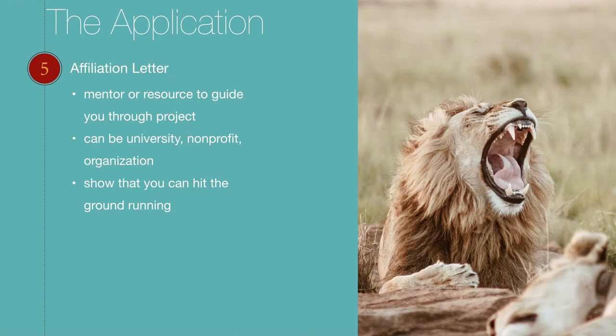A critical component of the application that might actually take as much time as writing your statements of grant purpose and personal statement is getting an affiliation letter. The affiliation letter is required for most, but not all, Fulbright projects. Fulbrights that have a predetermined host institution, as defined and detailed on the Fulbright website, don't need one, nor do the English teaching assistantships. However, the vast majority of applications require an affiliation letter from a university or other institution